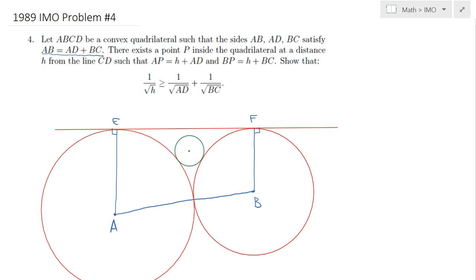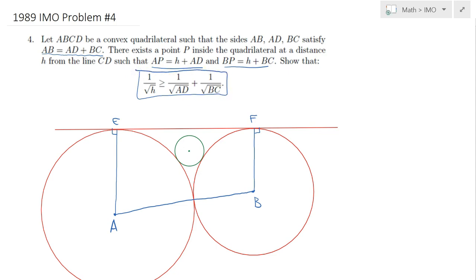AB namely is equal to AD plus BC, and then we claim there exists a point P inside the quadrilateral at a distance h from the line CD, such that this relation and this relation holds. If such a point P exists, then we need to show basically that this condition here